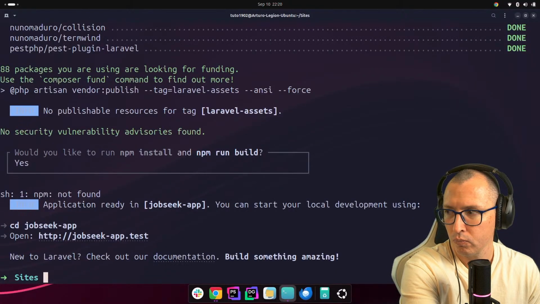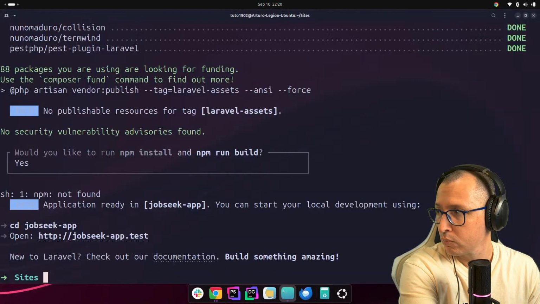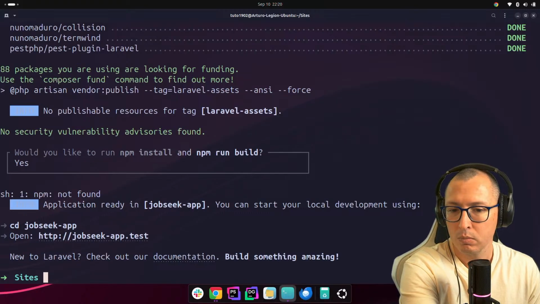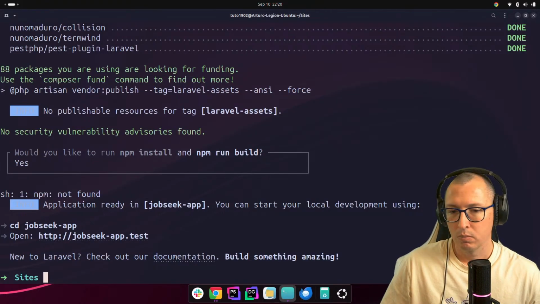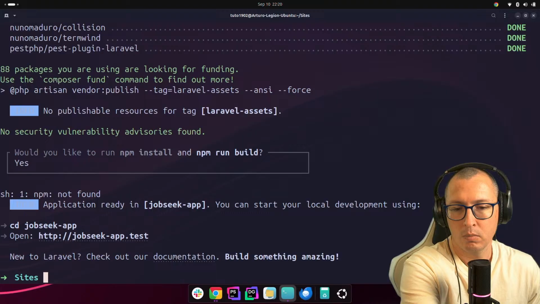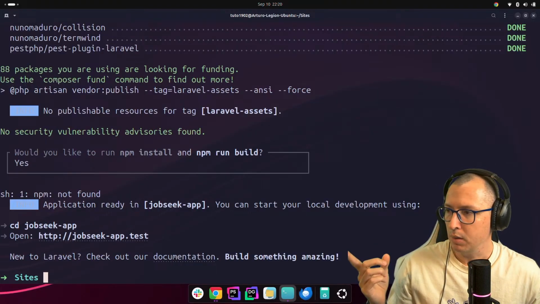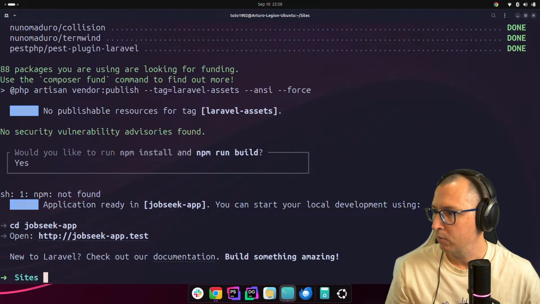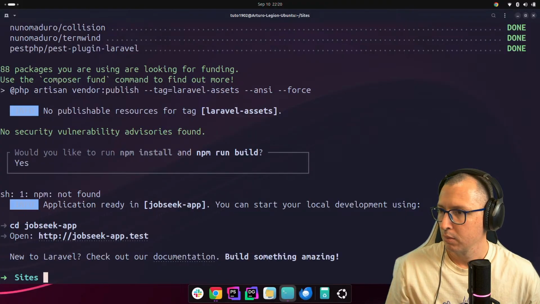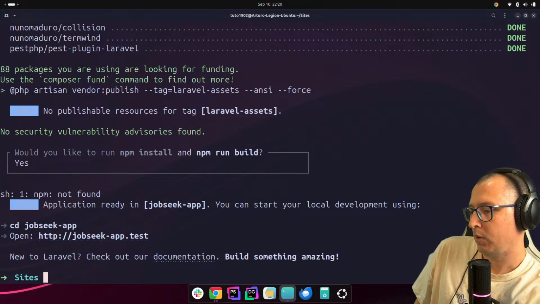Don't fail me now. I can see it here, but my monitor is not showing. Why? I hate it when this happens.